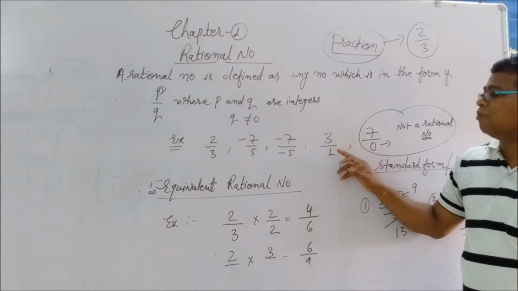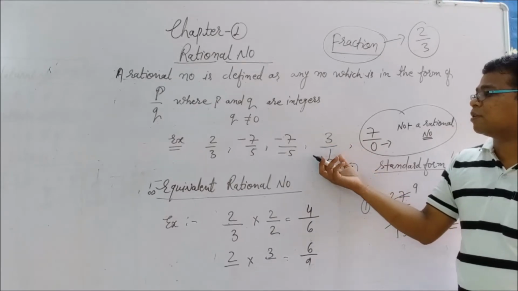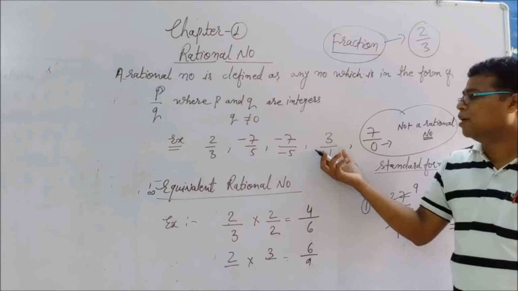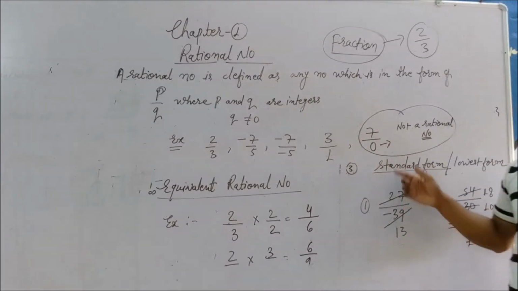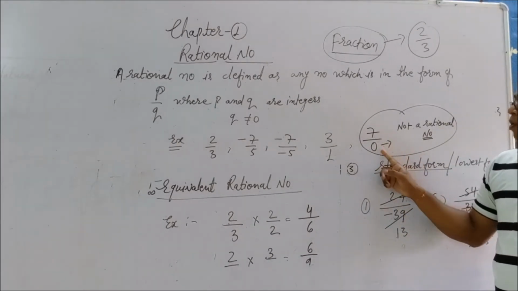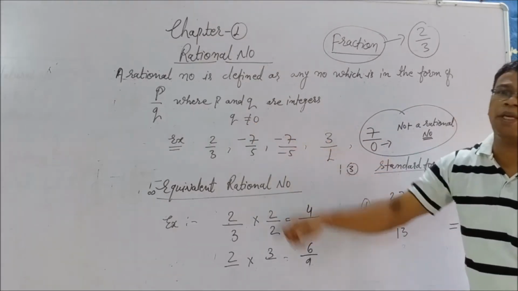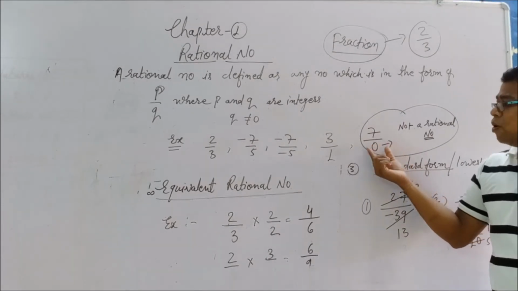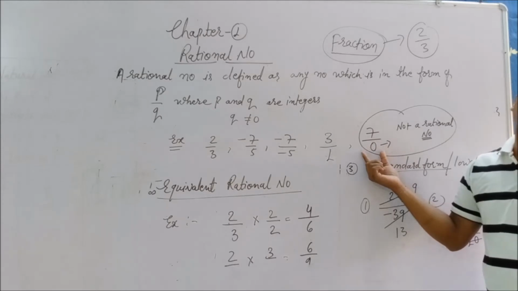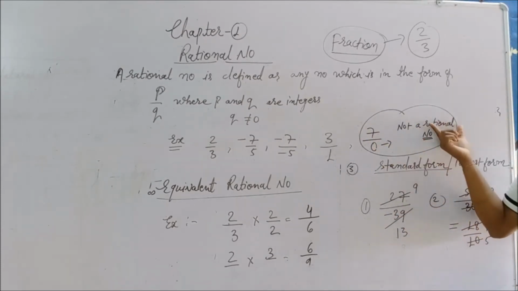3 upon 1, if we write down only 3, so what is the meaning of it? 3 upon 1. If nothing is there in the denominator, the meaning is that 1 is there. So 3 upon 1 is also a rational number. But see the last condition. In this particular last condition we can see 7 upon 0. 7 upon 0, it is not a rational number. Why? Because according to the condition, q should not be equal to 0. Denominator should not be equal to 0, because we don't know what is the value of 7 upon 0. Because 0 is the divisor and we do not know what is the table of 0, so this particular thing is not defined. So this is the only case where we can't say it is a rational number.